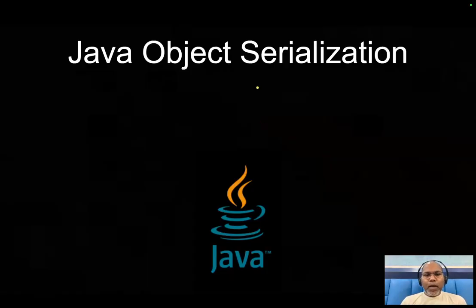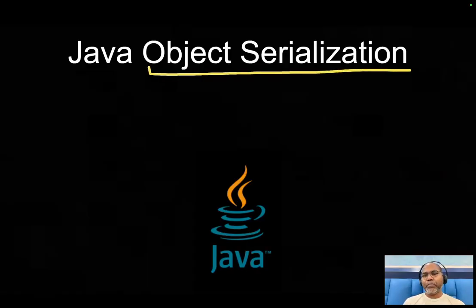Today, I'm going to discuss one of the basic concepts in Java knowledge, object serialization. We are going to talk in detail about what this is, what the theory behind it is, and generally this terminology, Java object serialization, we talk about whenever we are